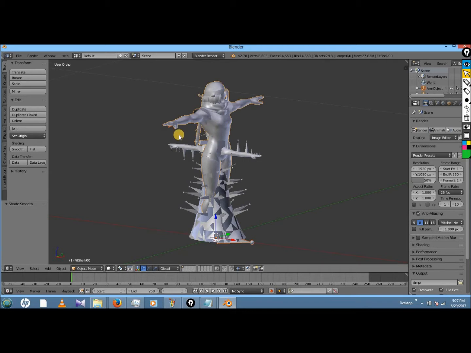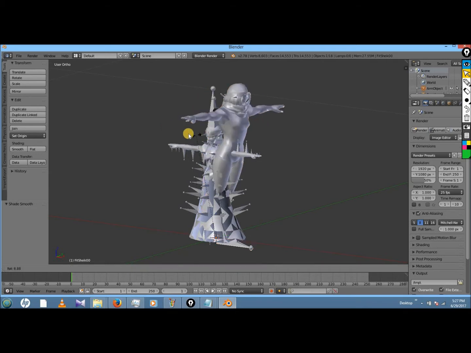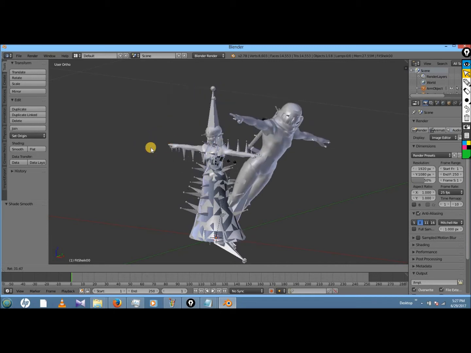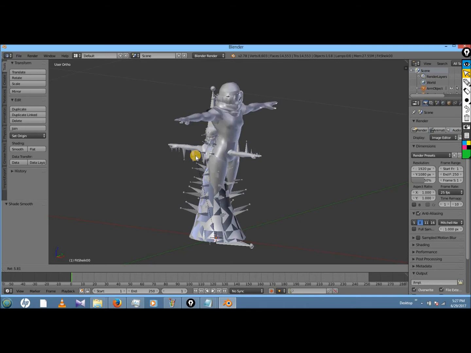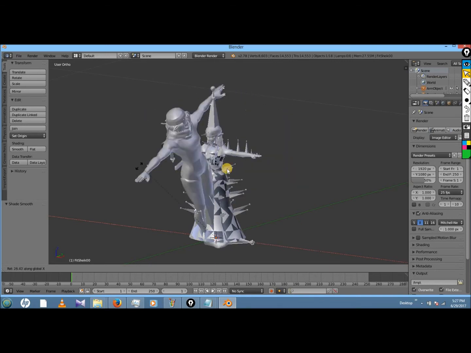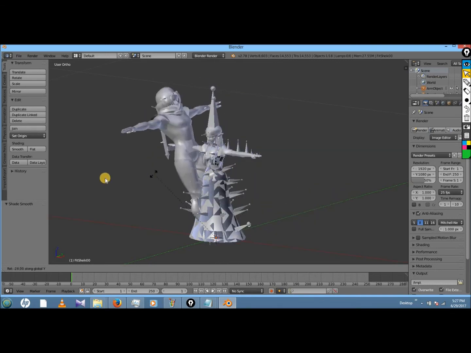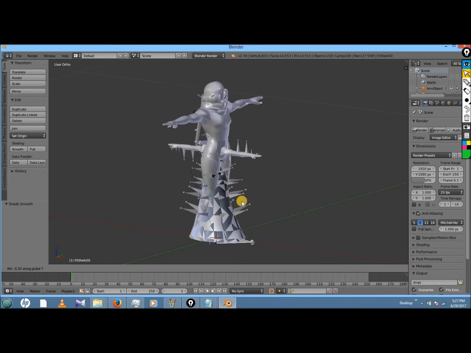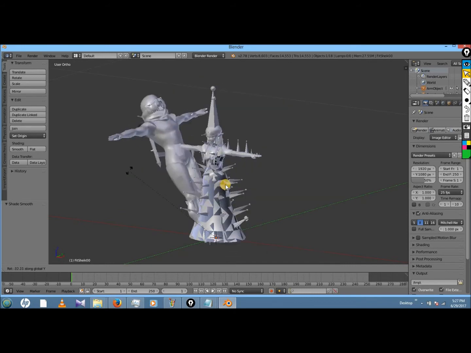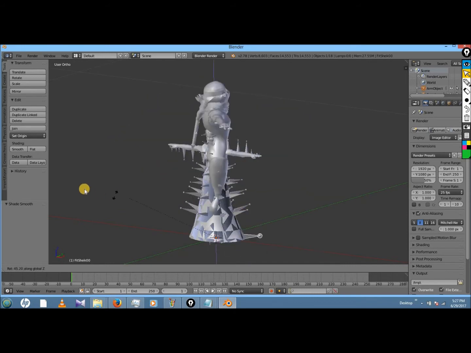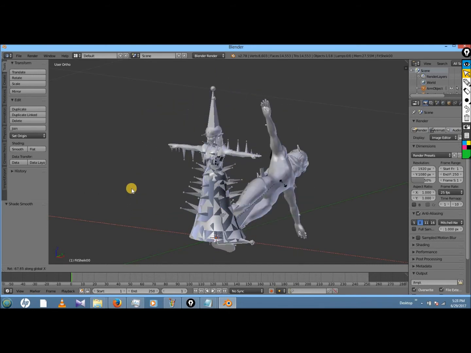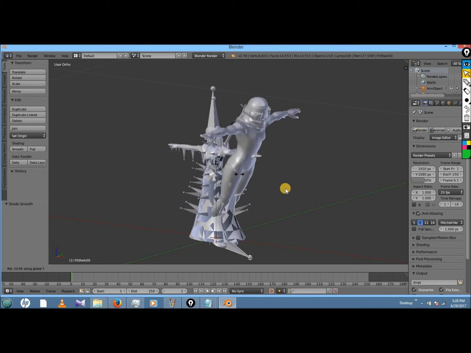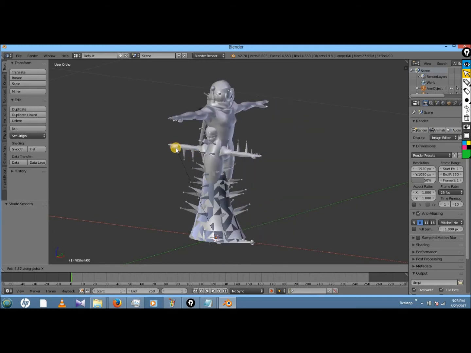Then I'm going to press the R key, and then another arrow will show up. But you can actually press Z or X or Y, and that'll rotate the model and the bones on the respective axis. So Z, you'll rotate it on the Z axis, X, you'll rotate it on the X axis, and Y, you'll rotate on the Y axis.